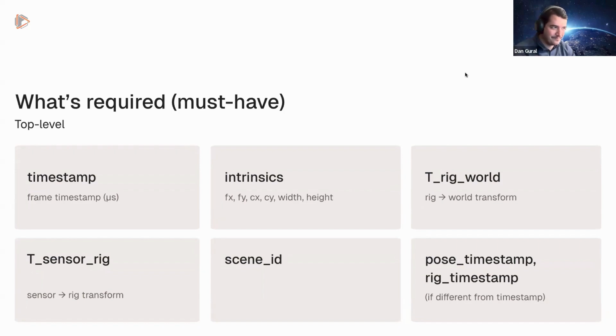So what is required? We're definitely going to need the timestamp, at least of the frame. We're also going to need the intrinsics of the camera. We're going to need the poses, both the T-rig world, that's from the car to the world position, as well as the T-sensor rig for the sensor to rig transform, as well as our scene ID, and then any additional pose timestamps or rig timestamps if you have them, right? If you're not familiar with pose timestamp, that's the timestamp coming from when the pose was captured,